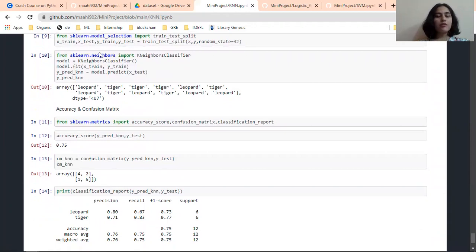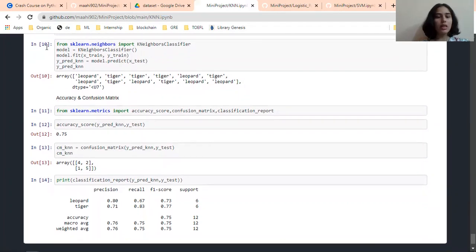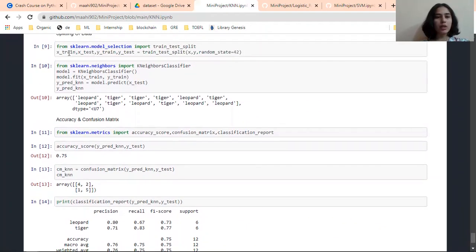From that, we will now use KNN, the K-neighbors classifier, the machine learning model which I have used here. We will assign it to the model, and then we will use model.fit while giving the x_train and y_train values for this model.